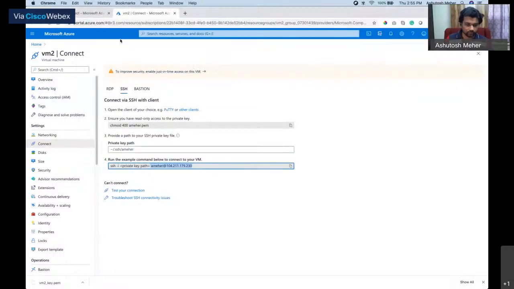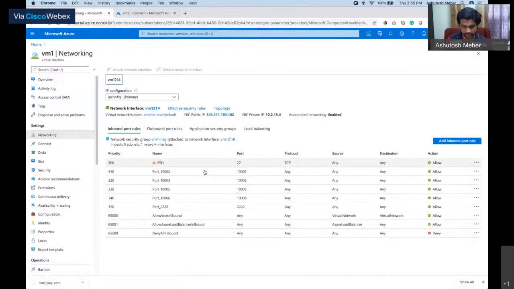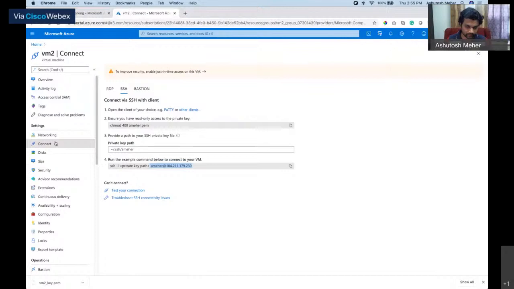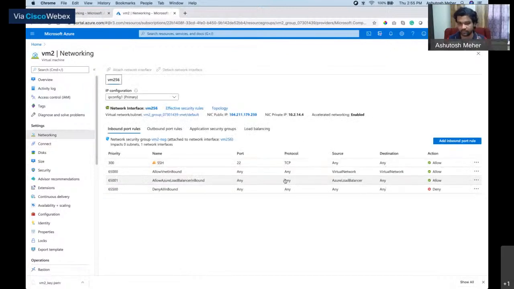So if you go to VM1 and you go to networking, what you'll see is all these ports which we are using, right? The P2P port and the RPC ports have been opened up for incoming traffic. So that will allow the node to communicate with the outside world. We have to do the same for VM2. If you go to networking here, you won't see these things there. So we will do that right now.